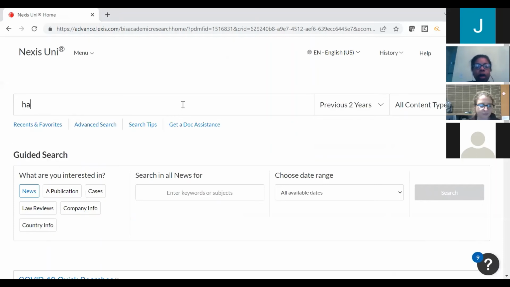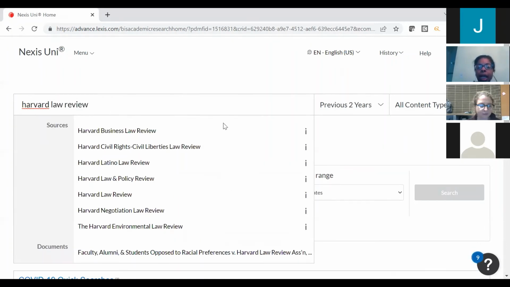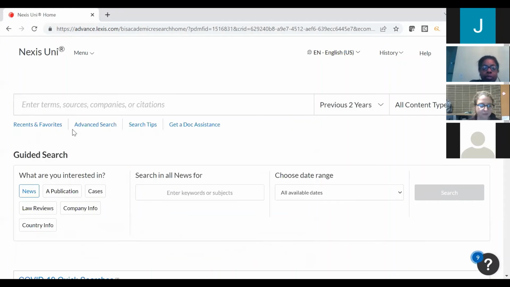Let's do that Harvard Law Review. And just kind of want to point something out. You do not see anything. I'm just going to do a contrast. Bear with me. Now what I'm going to do is that American